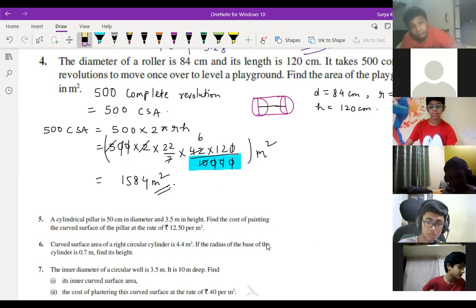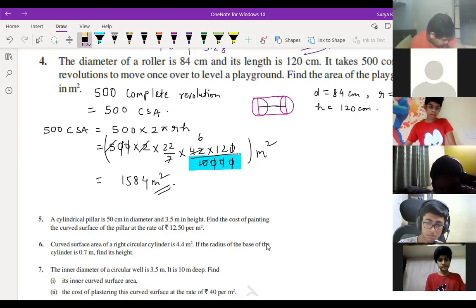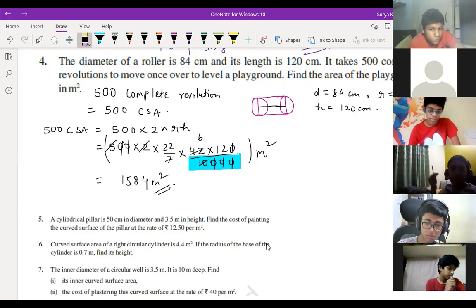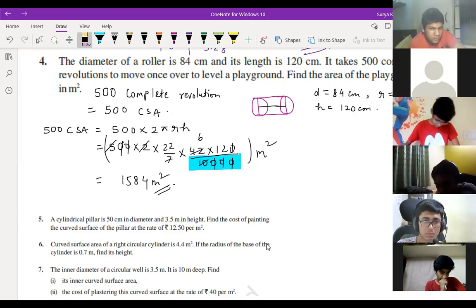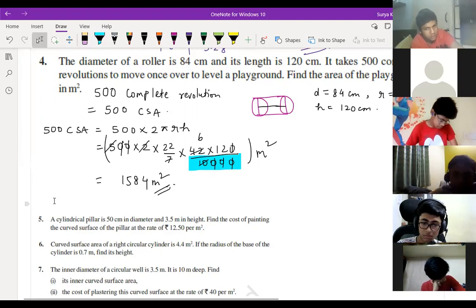Okay. Again, if we don't write 10,000, this becomes what? Complicated. That's why I thought. Yes, sir, I didn't divide by 10,000. It became complicated. Yeah, so you have to multiply a lot. Yes, sir. Sir, but it was 500, so multiplication was less only.